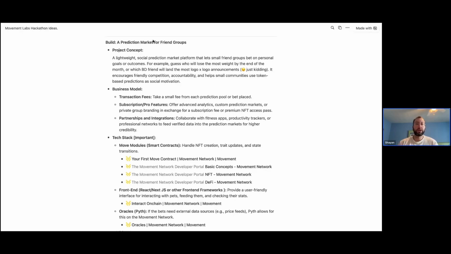In this case, what we're talking about here is a prediction market only for friend groups. So the biggest thing to note is that this could be an app that builds something for anywhere between 2 to 10, or just a small group of people, that lets small friend groups bet on personal goals or outcomes. For example, who'll lose the most weight by the end of the month, or which BD friend will land the most logo X logo announcements. JK. The biggest thing is that this encourages friendly competition, accountability, and helps small communities use token-based predictions as social